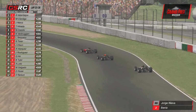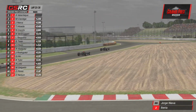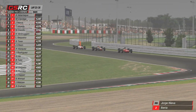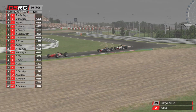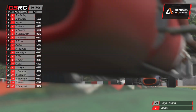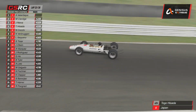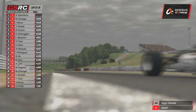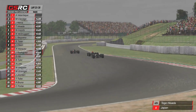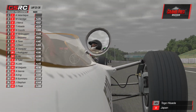Meanwhile, back up with Jorge Nieva here in 3rd place. Togo Hisada has got to be a bit miffed right now. Started this one on pole, and yet he's not even on the podium at his home track. He's watching the leader now 4 seconds ahead of this group. This is not going to plan. Not going to plan. However, sometimes plans change, right? And you have to kind of take what's on the table in front of you. Togo's smart. You know, yes, you only have a few laps left, but be smart about this. Do you need to get Nieva right now? It can be a little bit further down the road. However, if you want to...